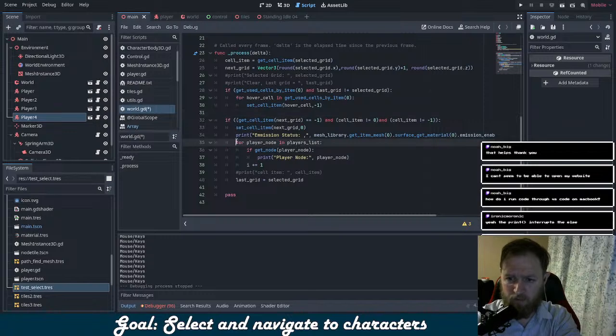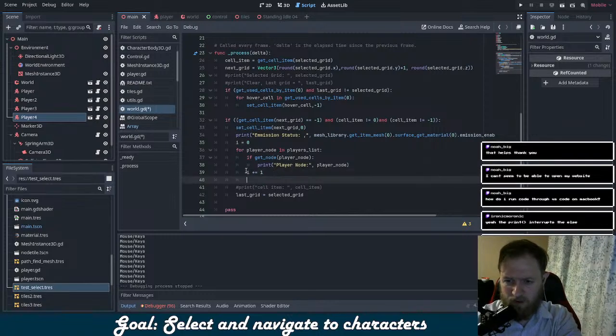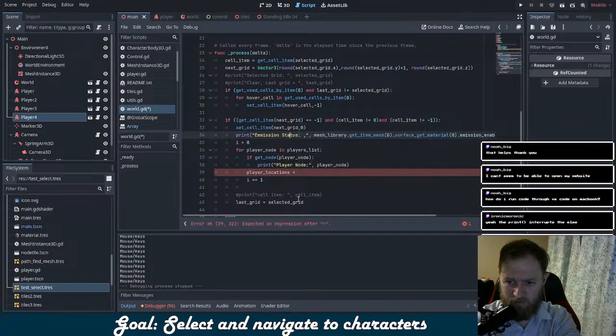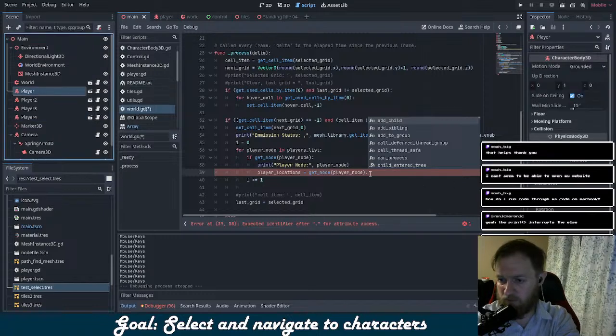And I could say up here, before the for statement, I could say I equals 0. I bet there's a really clever way to do indices there. I don't know what it is. So then I have I plus equals 1. I can say player locations equals, this needs to be in the if statement, equals get node player node dot, what is it, position,